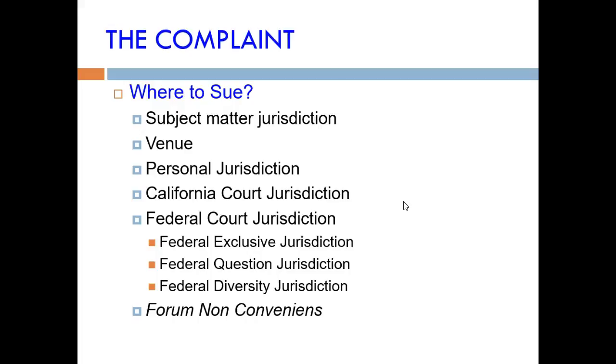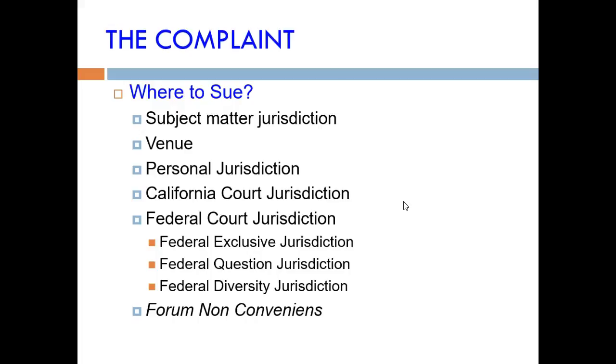Also, we can get into federal court if we have what's called diversity jurisdiction. That means that if we have what would otherwise be a state court case, but we have plaintiffs and defendants that reside in different states, and there's at least $75,000 in controversy, then we have what's called federal diversity jurisdiction, and you can go to federal court in that event. But they will still be applying state law regardless,